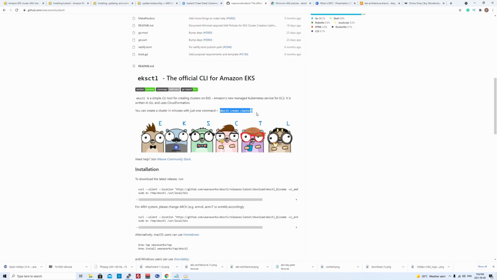If you want, you can specify the values as the parameter to the command, or if you leave it like this, it will take all the default values and create a cluster for you. We'll walk you through how it is, but it is pretty simple and straightforward to use. I wanted you to have the basic knowledge about the EKS cluster. That is why I have shown you with the AWS console how it works, what all the different components that we have to create. And now when we'll be doing it with EKSCTL, you'll see how simple it is.